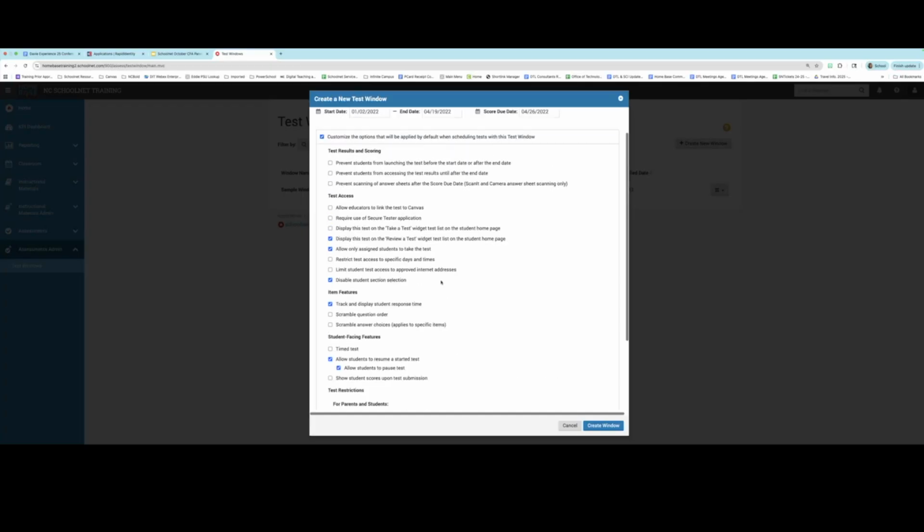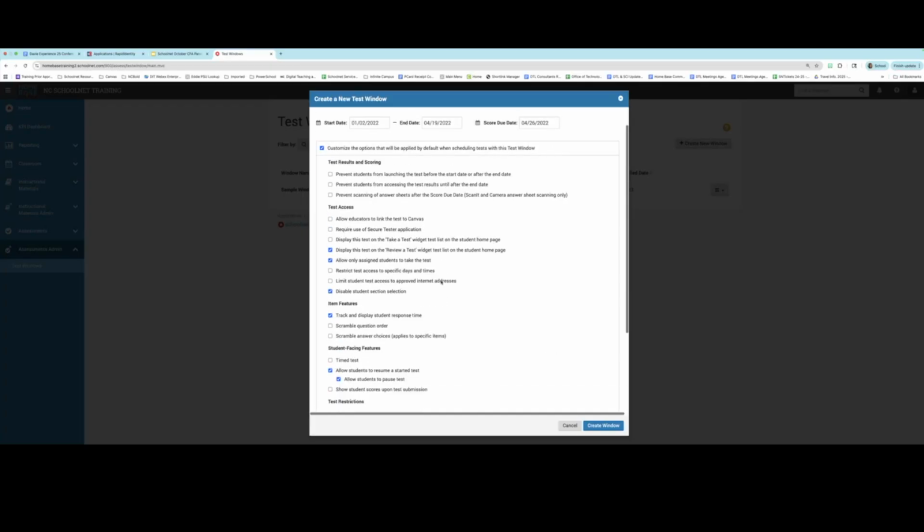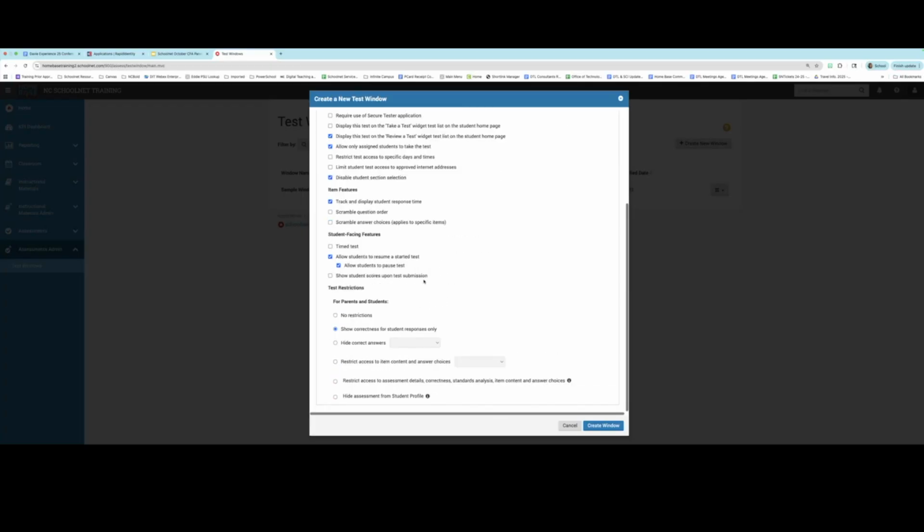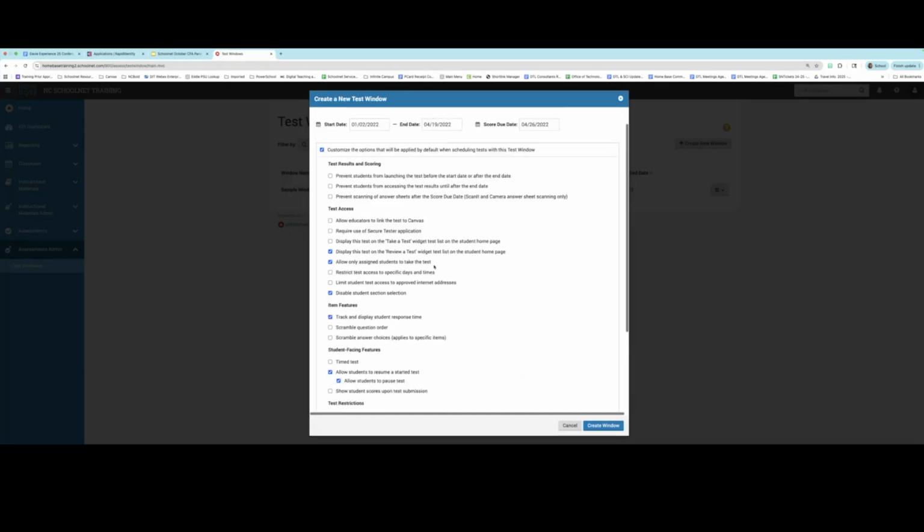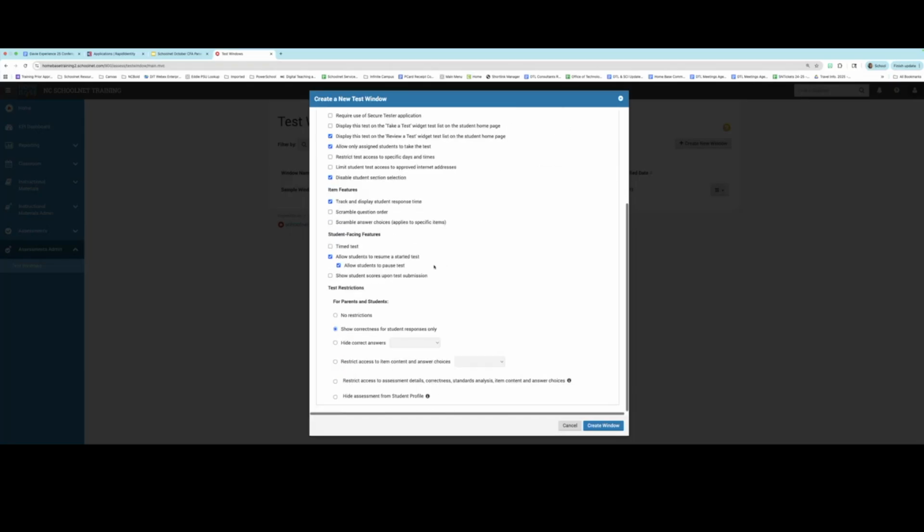Okay, so I wanted to make sure that we pointed those things out. You would still have to do the restrictions for educators because that's only on a district benchmark. But if you are clicking the same restrictions for your students every time, if you create a testing window and then create a test within that window, it'll automatically apply for you. And like I said, it's just a little bit of a time saver for you.